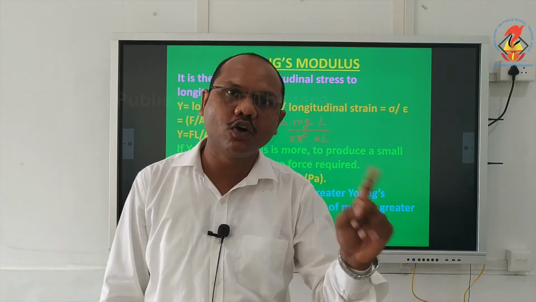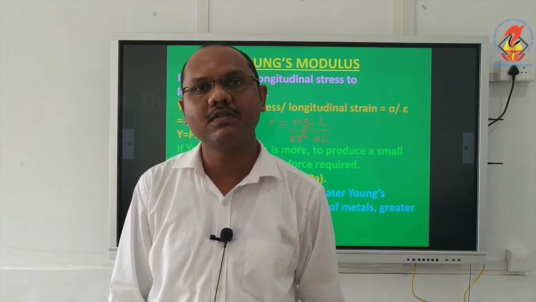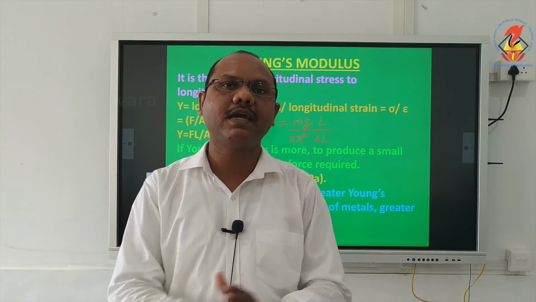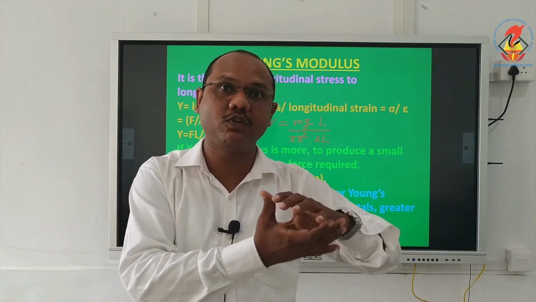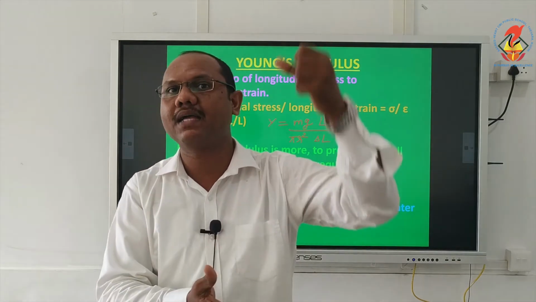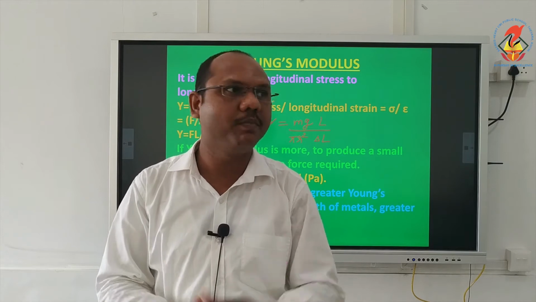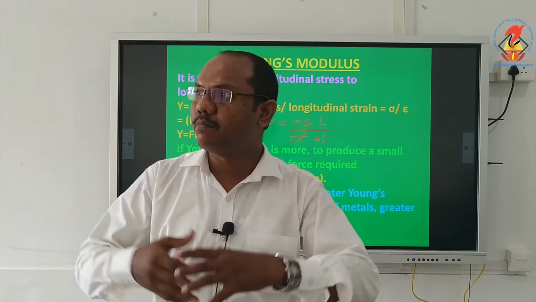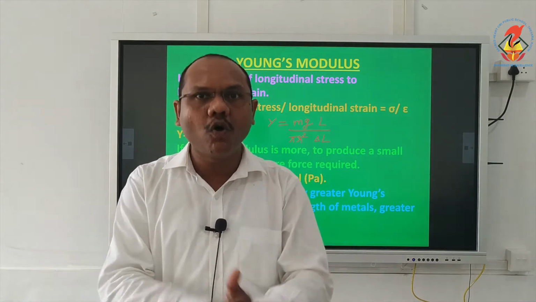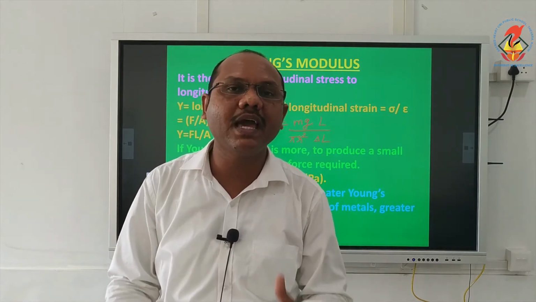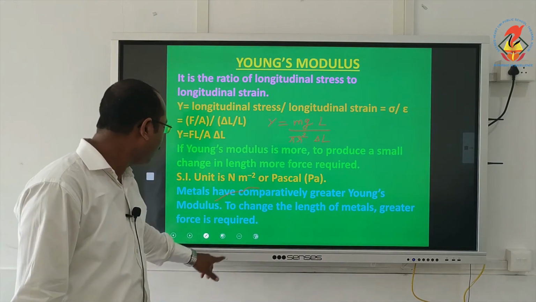Again, the rank goes to steel. Steel is having more Young's modulus than copper. That is why for all the strength purposes, that means all the purposes to make a spring or to hang a load, we are using steel wires. To make buildings and bridges, we are using steel wires, because steel wire is having more Young's modulus. So it can withstand more amount of stress without